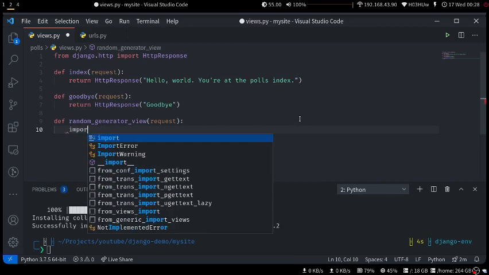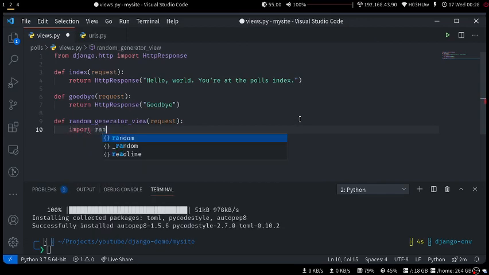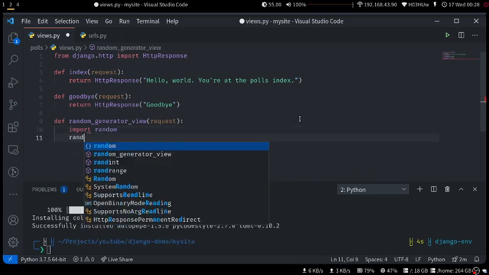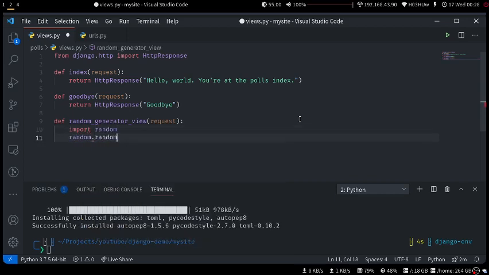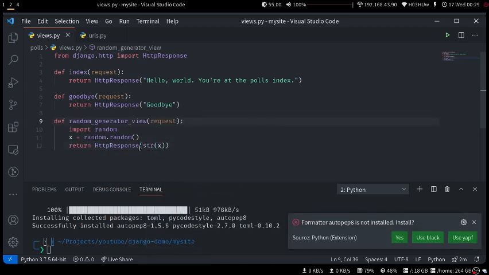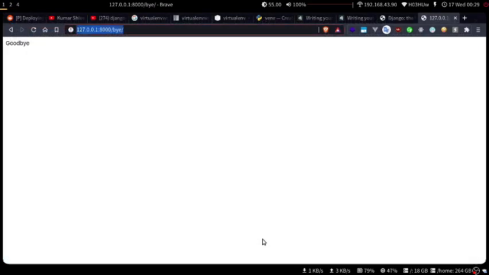Okay, import math, import random. So it returns an HTTP response, which is a randomly generated value. Now let us go to slash random. See, it's a random value. Refresh it, you will get a different value.